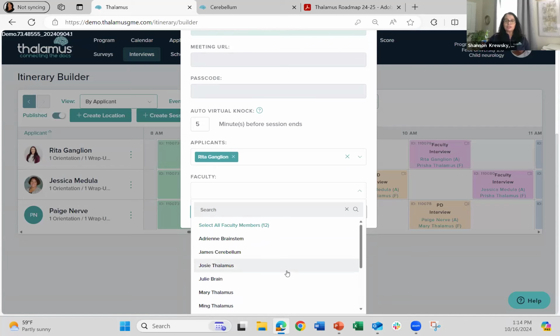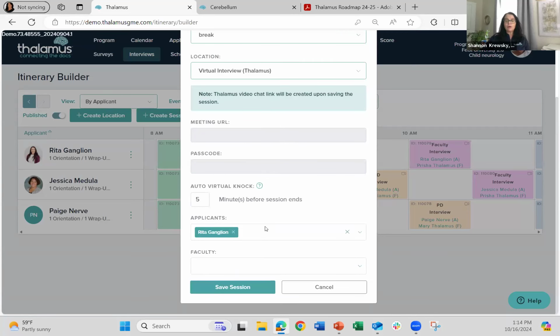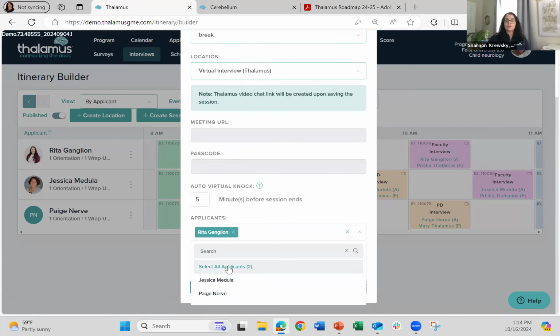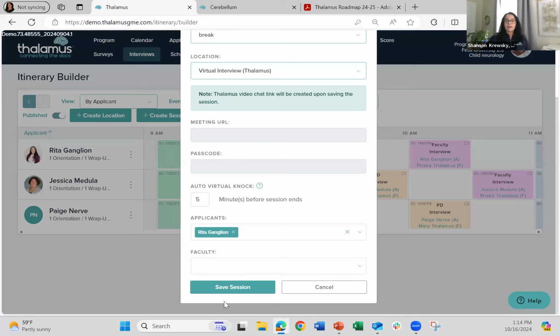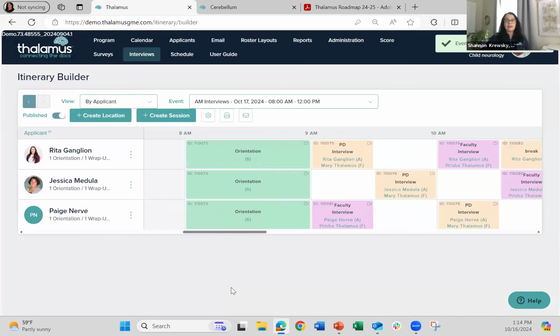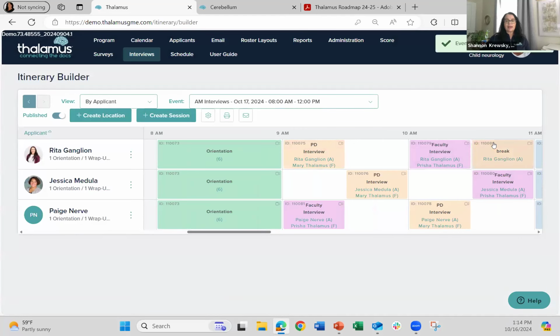For any of my sessions that I'm creating that are group sessions that I need to have everyone, I can always choose to select all my faculty, for example, or in my applicants tab, choose all my applicants. I'm going to save that session, and now you can see that there is this break added to